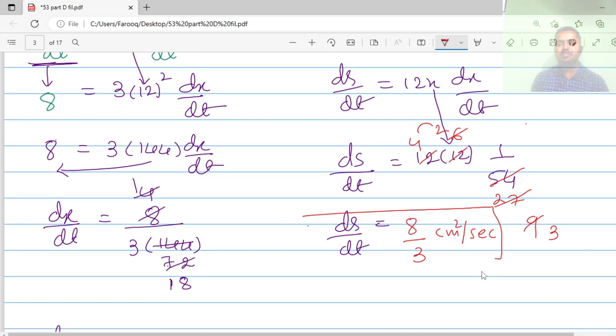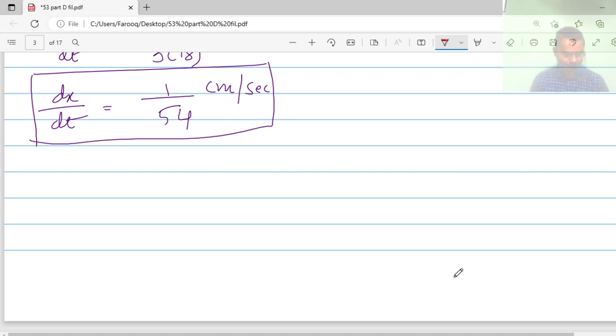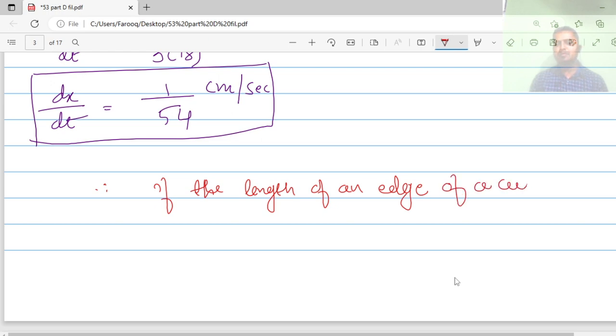The surface area of the cube. Therefore, last we have to write the conclusion. Therefore, if the length of an edge of a cube is 12 centimeter, and the surface area is increasing,